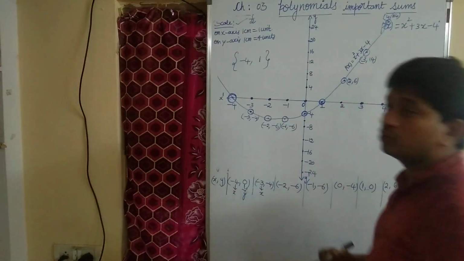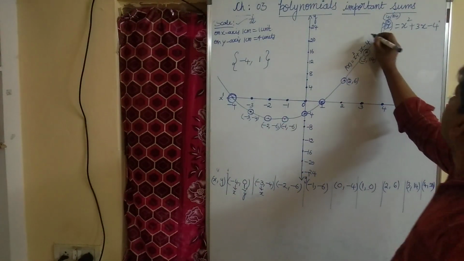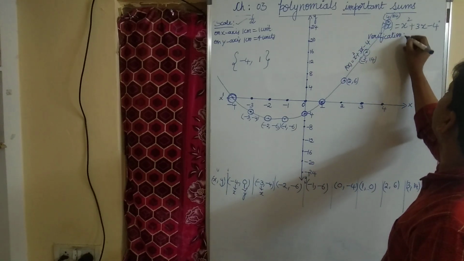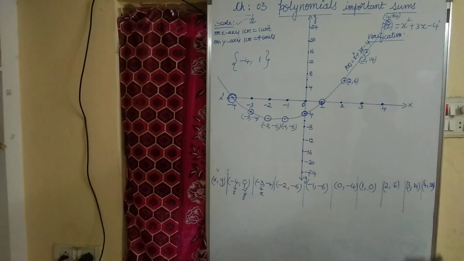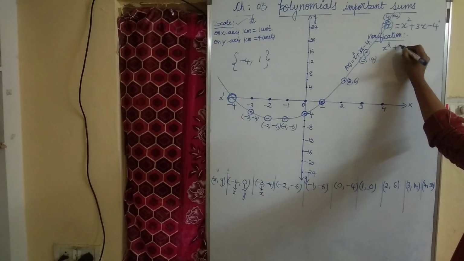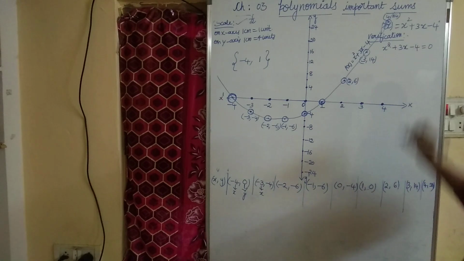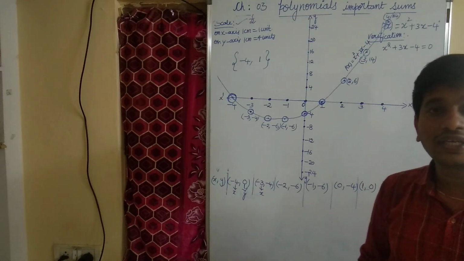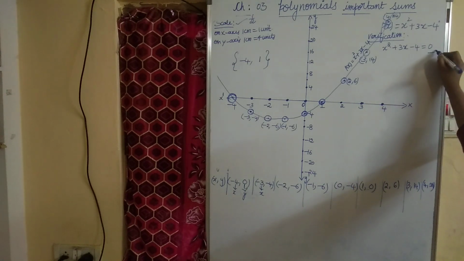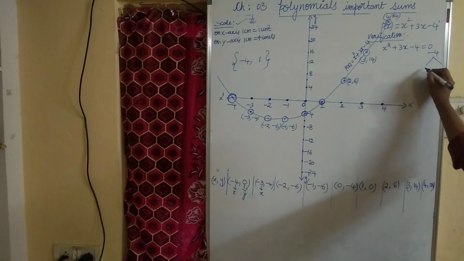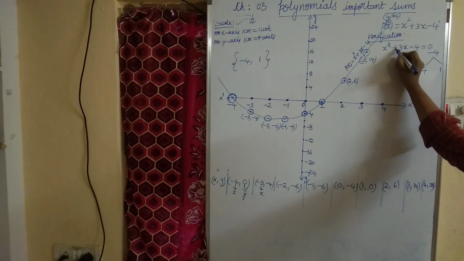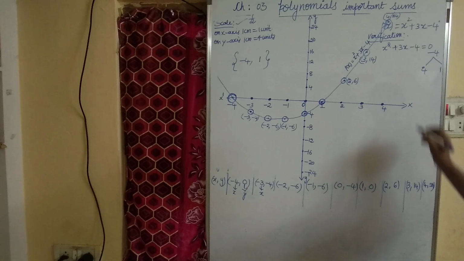Also, they will ask you to verify the result. So we have to do the verification at the same time. So what is our polynomial? Our polynomial is x square plus 3x minus 4 equal to 0. We use splitting the middle term, or we can also call it factorization. The constant is -4. What are the factors of 4? 4 times 1 is 4. But the middle term here is plus 3, right? The middle term is 3, which is plus.